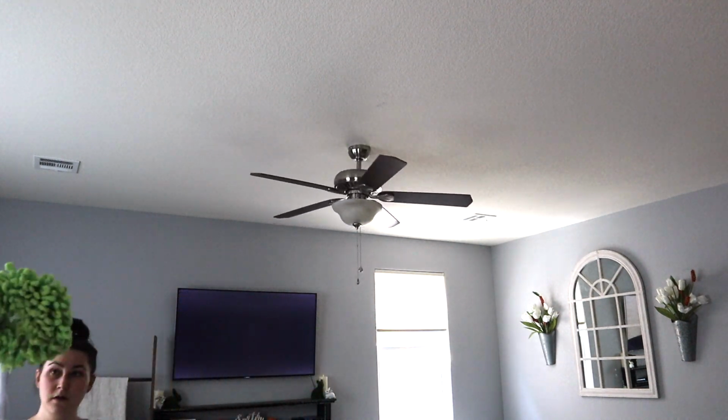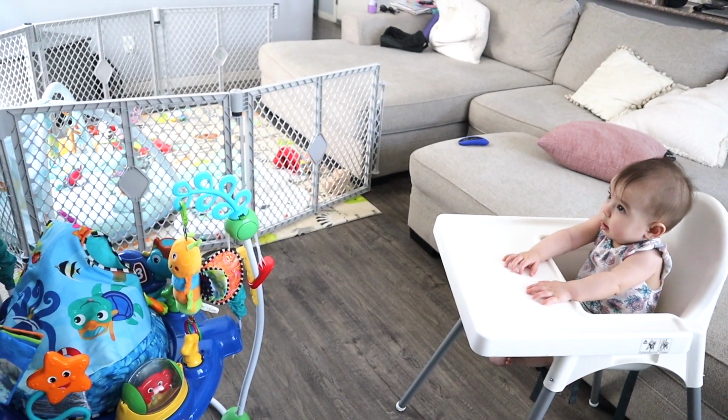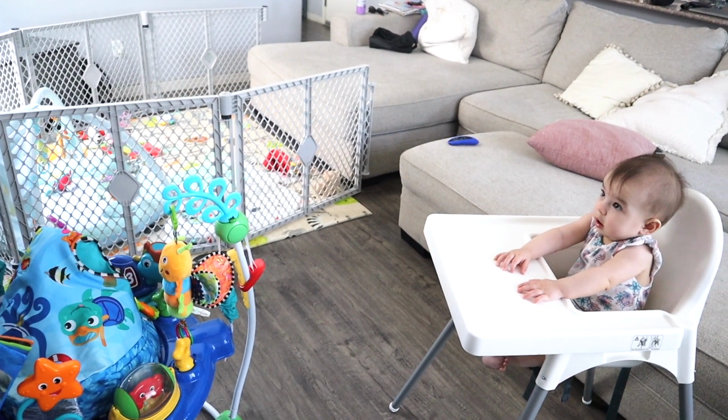And here's a look at all the dust that came off of that ceiling fan in this room. It was nasty. At this point, my daughter Rayan was so over playing with the toys on the floor, so